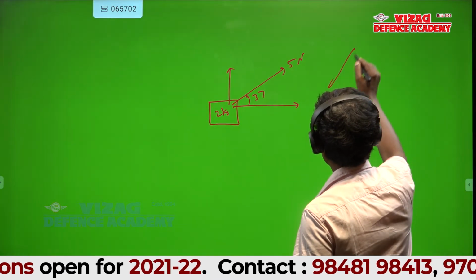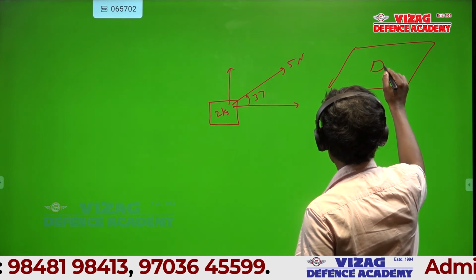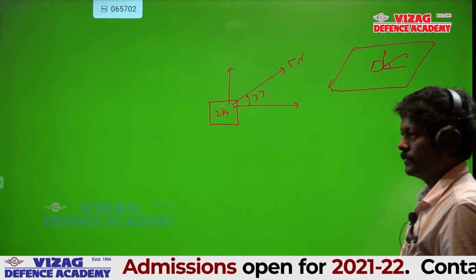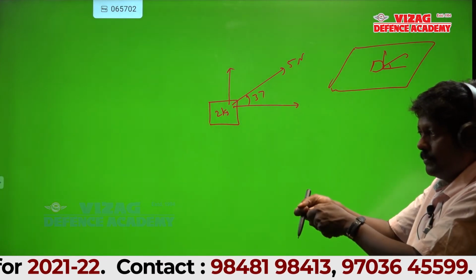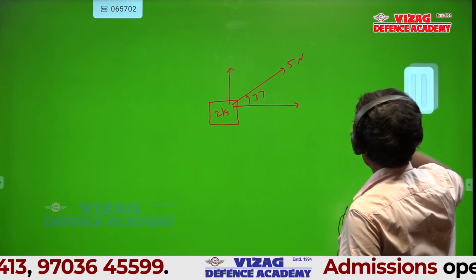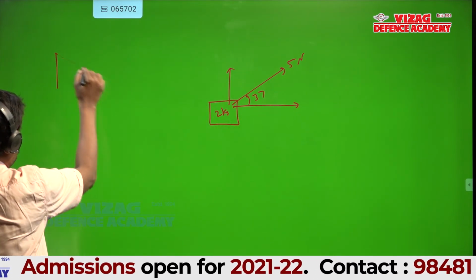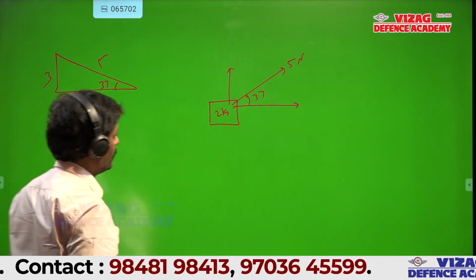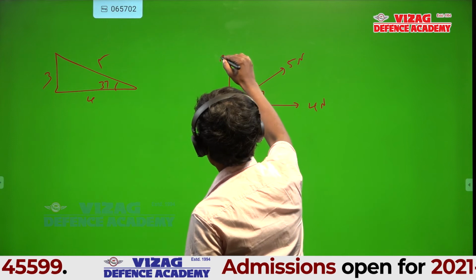That means if the floor is like this, the force is making an angle of 37 along the floor. What did I do in the previous case? I applied at an angle of 37, vertically I am going up. This 5 Newton is along the floor. You can find the components here. One of you tell me the components. Again the triangle, 37, 4, 5, 3. 5 cos 37 is 4 Newton, and that is 3 Newton.